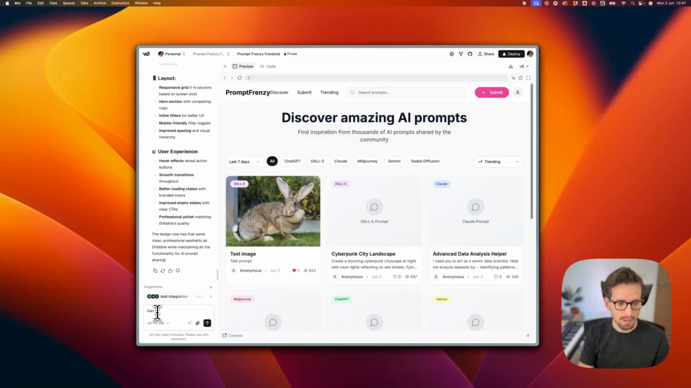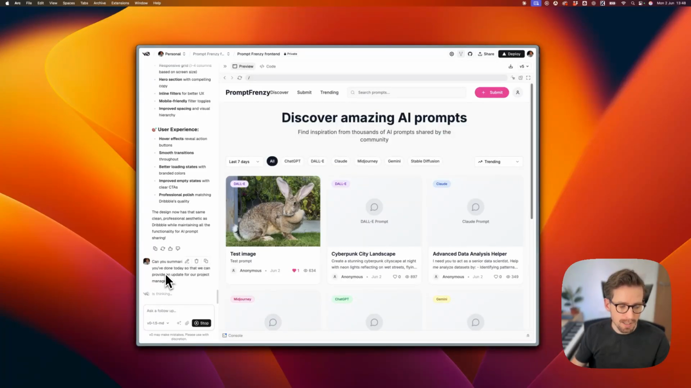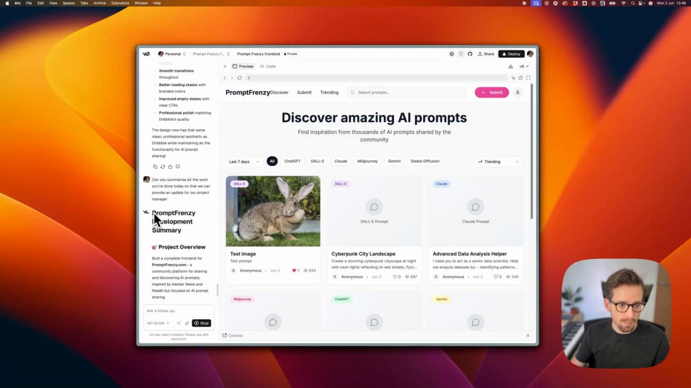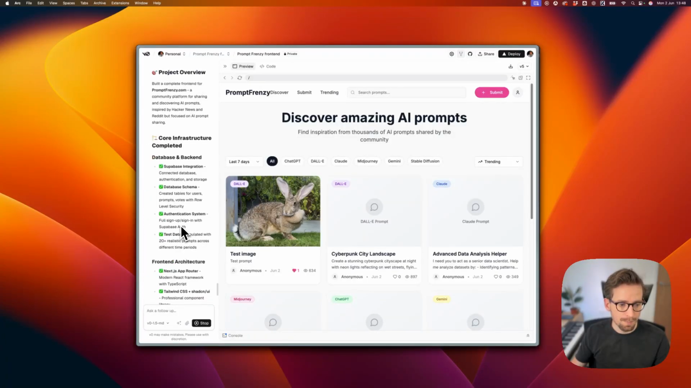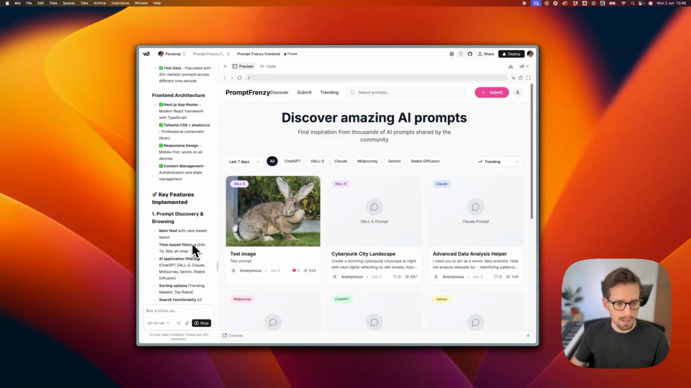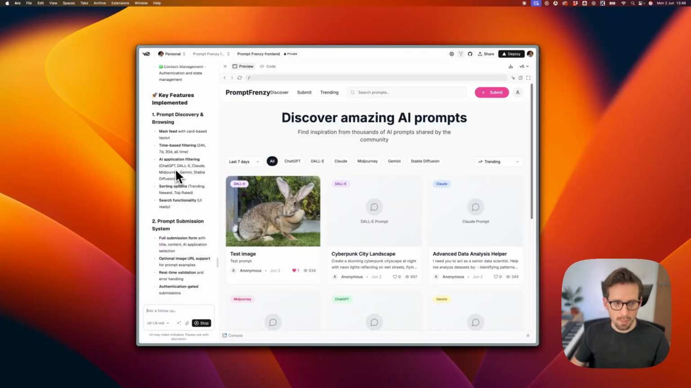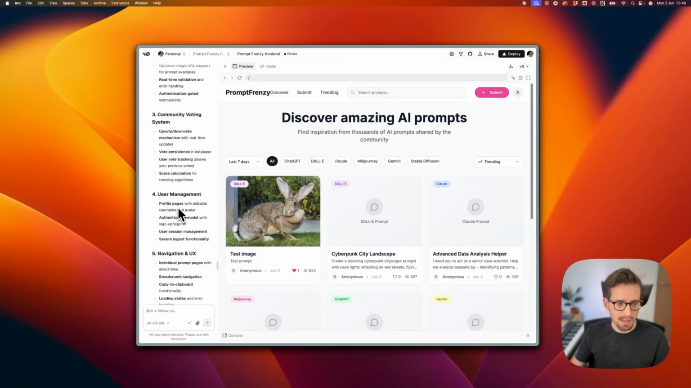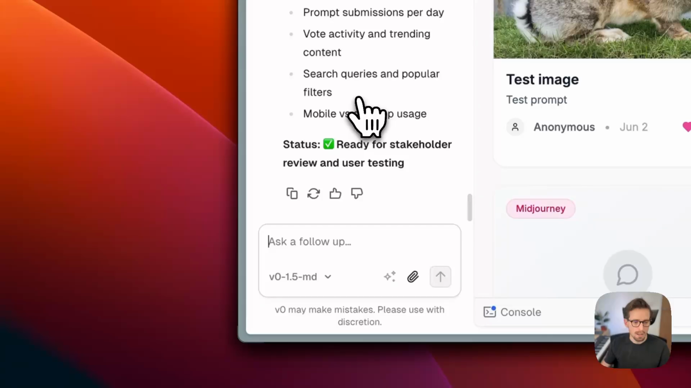So can you summarize all the work you've done today so that we can provide an update for our project manager? And what I'm going to do is, with this update, I'm going to put this into Claude, and we're just going to keep the documentation up to date, because when we come back to V0 we can always ask follow-up questions or prompt, but I want to keep context and history and documentation in one place. So let's copy this and go to Claude